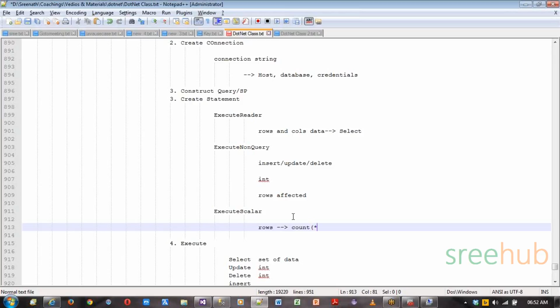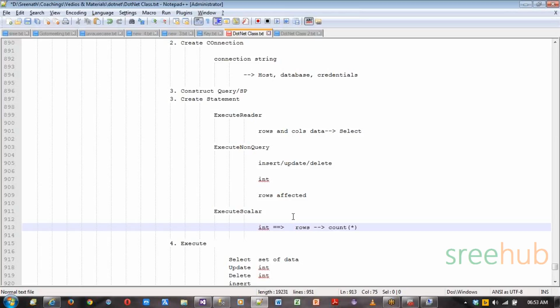You can remember, if you have any programming skills in SQL Server, we have something called select count(*) from so and so, which means how many rows it has based on some condition, or get me the complete row count which I have in my database table, right? So for these types of scalar outputs, we can use execute scalar. Even in the case of a count, we can actually hold that